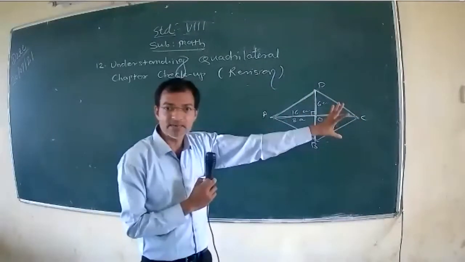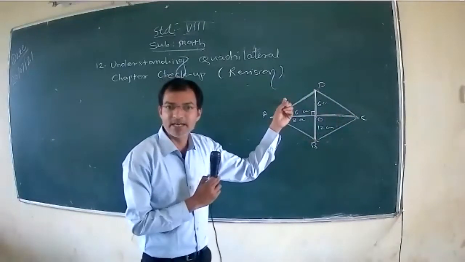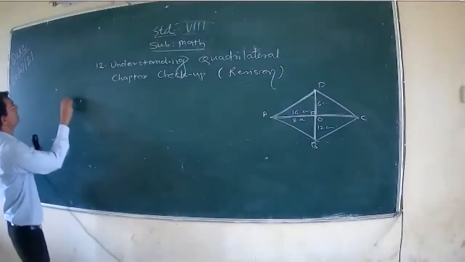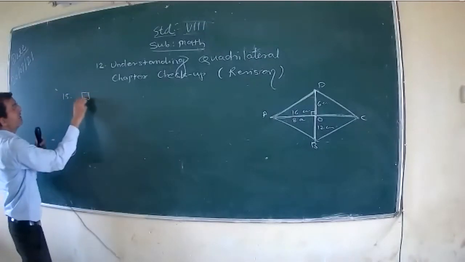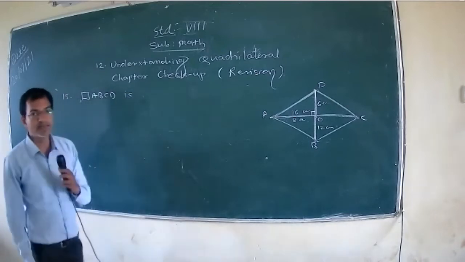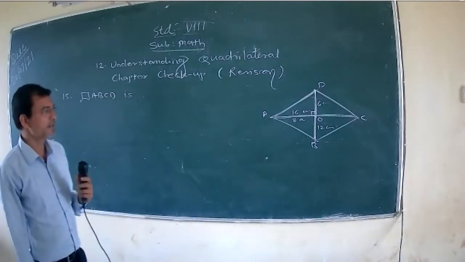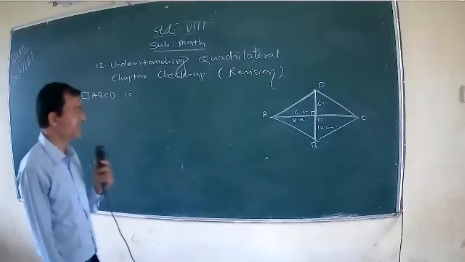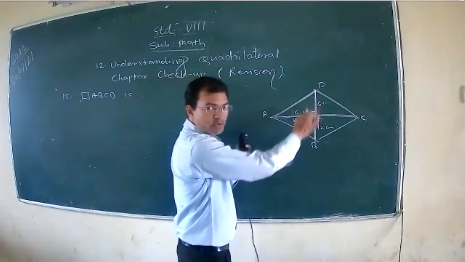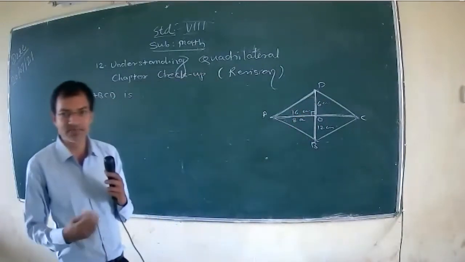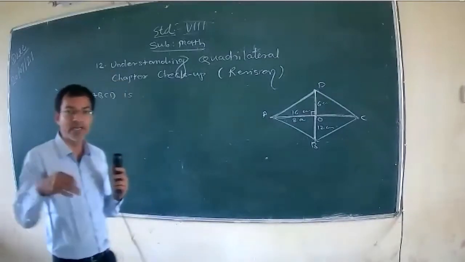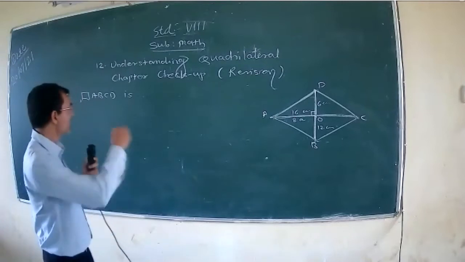सभी side equal. आपको सिर्फ एक side find करना है by using the Pythagoras theorem. Now you can write here question number 15. Quadrilateral ABCD, orally AD is equal to 10 centimeter. Very good. 10 सेंटीमीटर आएगा. आपने इसका स्क्वायर किया है, इसका भी स्क्वायर किया है, दोनों को ऐड किए, 100 आया. उसका स्क्वायर रूट फाइंड किया. तो ये पाइथागोरस थ्योरम को ध्यान रखना है ताकि आप ओरली आंसर निकाल सके. फिर लिखना कैसे है वो हम जान लेंगे.